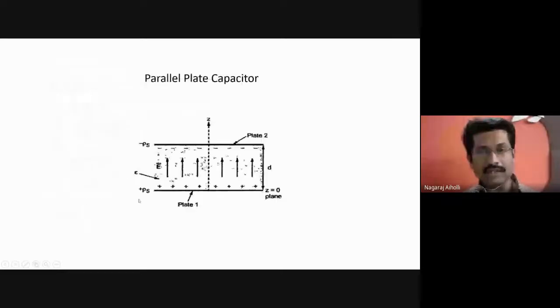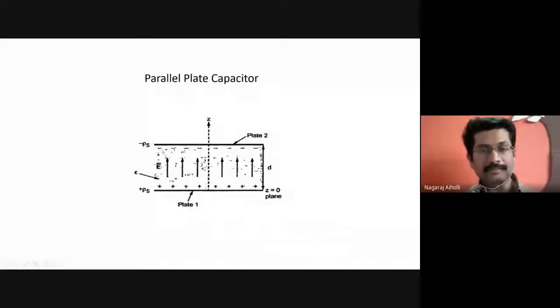But for plate 2, E2 bar is equal to, this was for plate 1, the bottom plate. Now for the top plate, it will be the same, but the polarity will be minus. Let us check whether it is plus or minus. Minus rho s, minus z. Z will also be minus, rho s will also be minus. Then finally we will get plus.